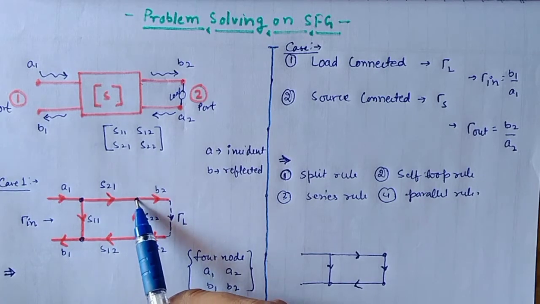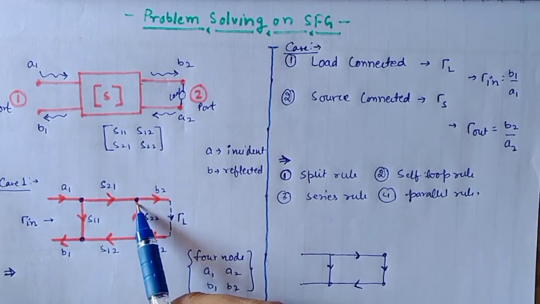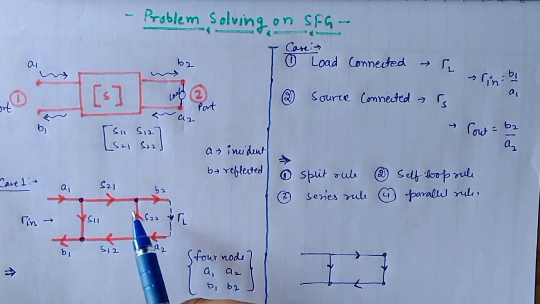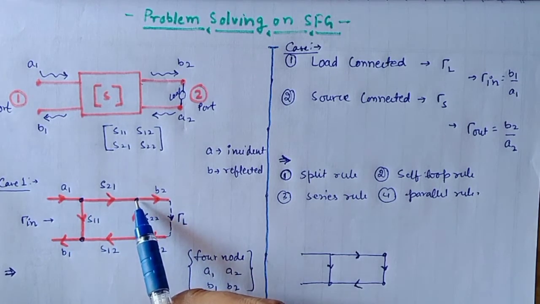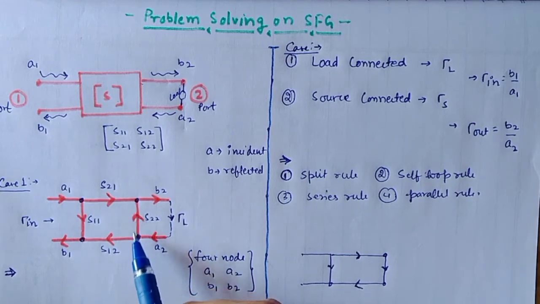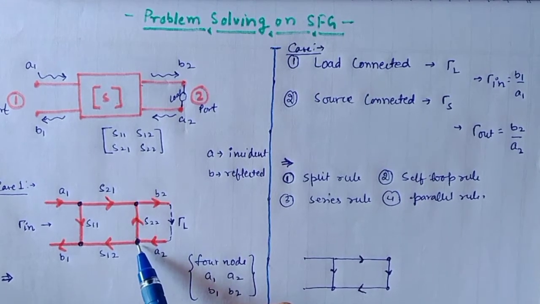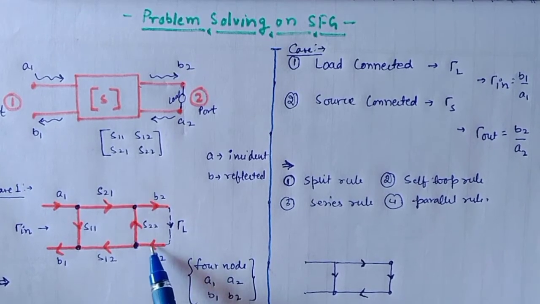As you can see here, for B2, I have one incoming signal from this side and one incoming from this side. So I have two incoming signals. This node is discarded; it cannot be selected for applying the split rule. Now if I take the A2 node, this signal comes as an incoming signal and these two are the outgoing. So one incoming signal is there, and I can apply the split rule at the node A2. When I apply the split rule here, we know that this node will be split into a virtual node.